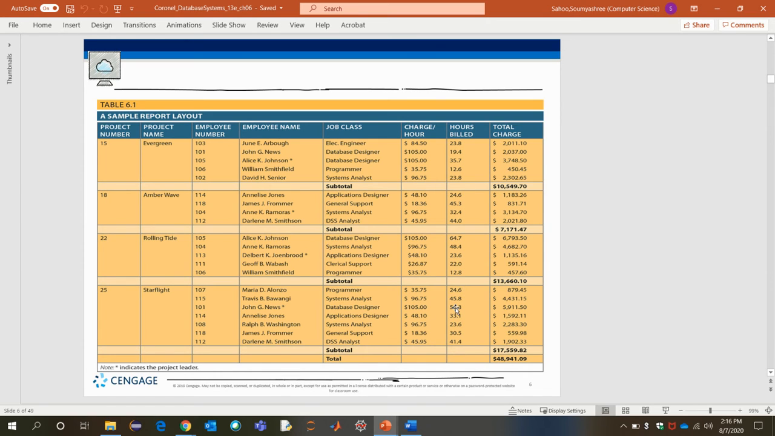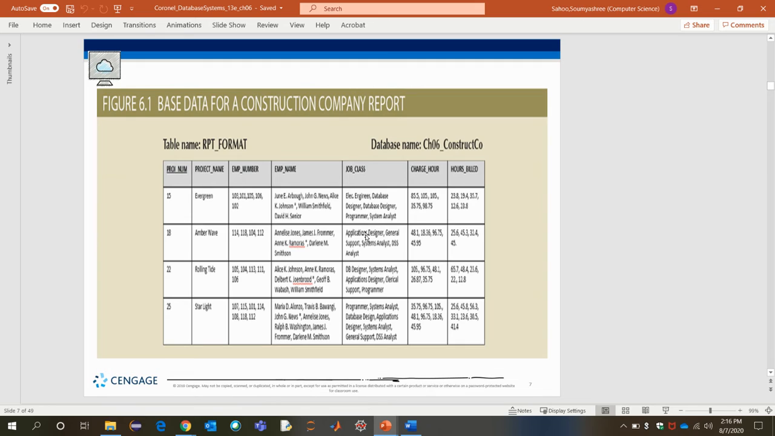Among these 1 to 3, yeah, 7 hours billed. So, what is your answer and how would you answer that? Is it satisfying the data integrity of this database or report layout? If we try to reorganize figure 6.1 again around the projects, just as the report was organized, with each project having a single row to represent the data associated with that project,